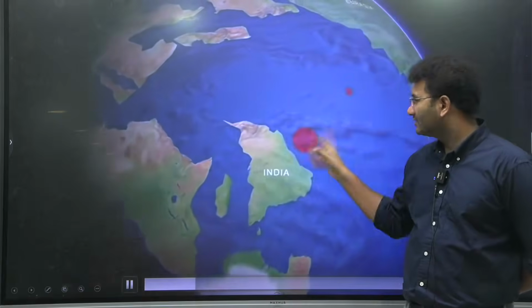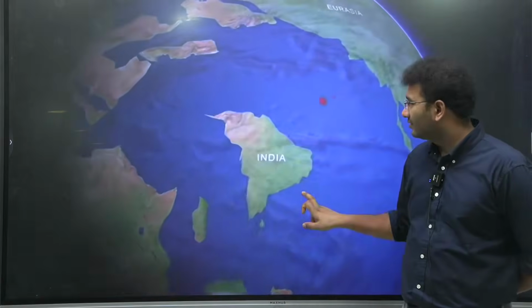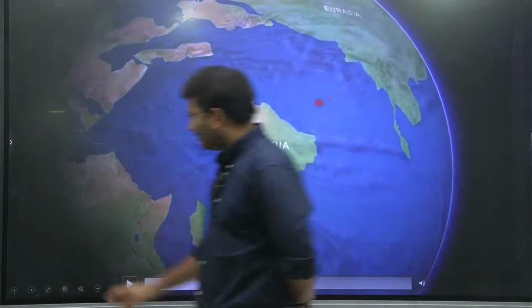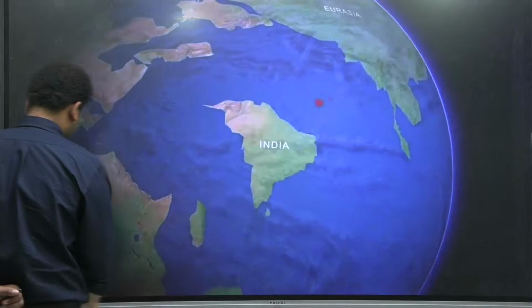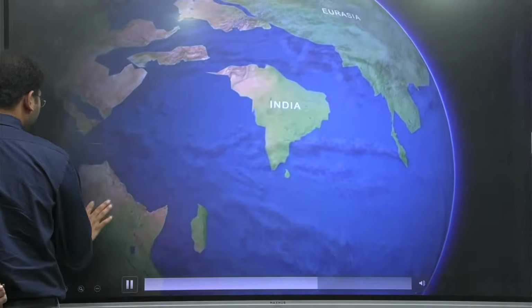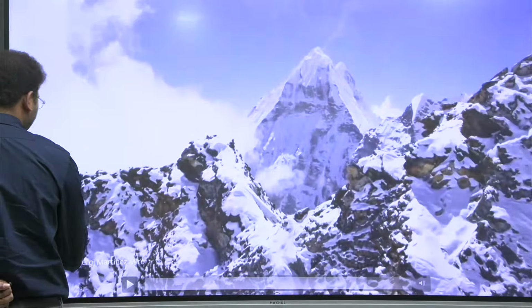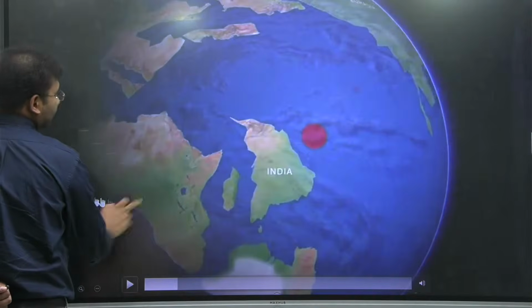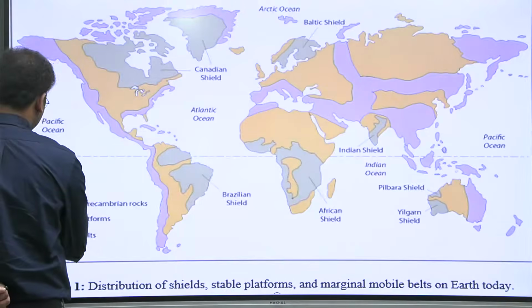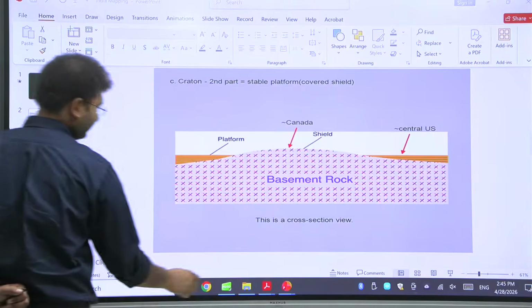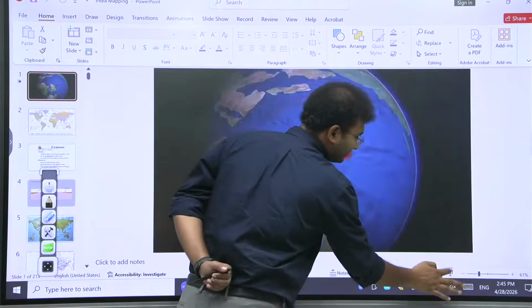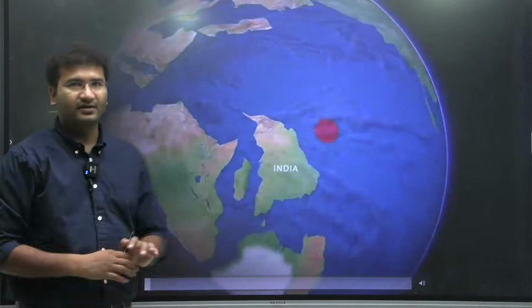While India started its journey, it came under certain hotspots. So this is the first hotspot. Once it came under this hotspot, the first area of interaction with the continentality of India was Rajmahal Hills. So this is where the Rajmahal Hills formation started. Just a minute. Listen to the story nicely.